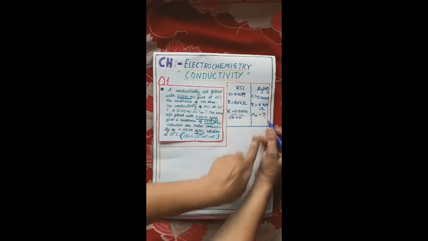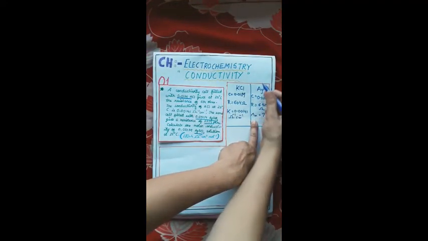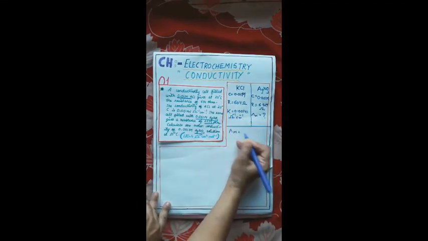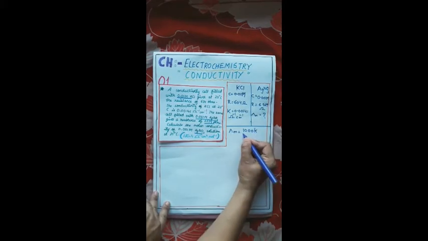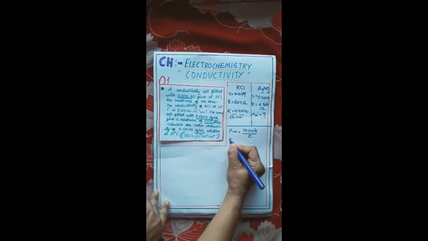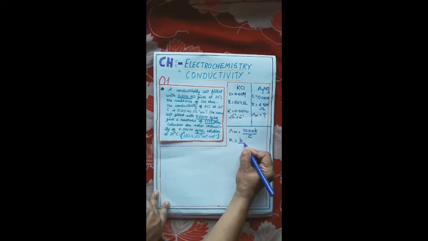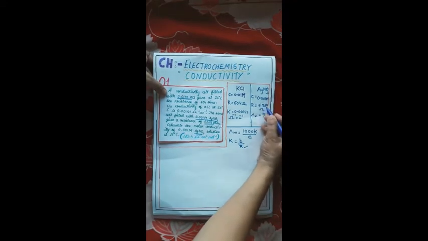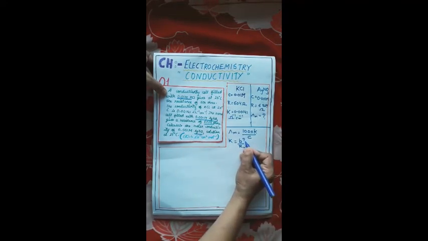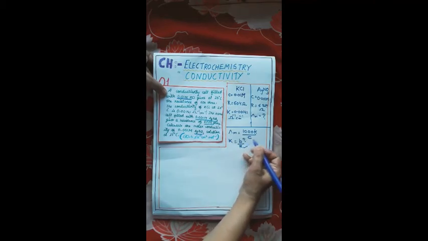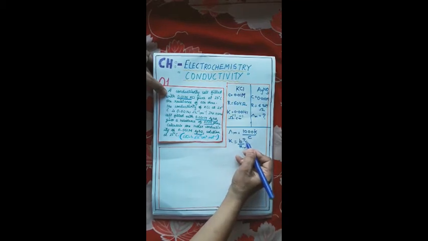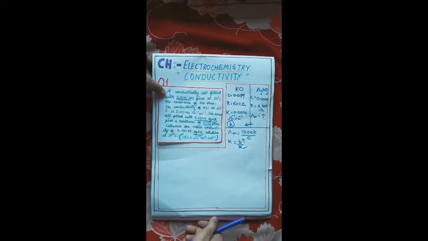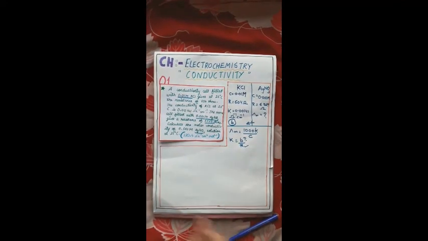Hence I have written molar conductivity symbol in the column of AgNO3. Okay. Now, what is the formula for the molar conductivity? That is 1000 K upon C. Now, what is this K? K is conductivity, which is cell constant upon resistance. Now, in this case, we have R with us, which is 6529 ohm. But we do not have B with us. Cell constant, it is constant for both the electrolytes. So, B we will get from KCl. Now, how to get B from the data of KCl, that we are going to solve.